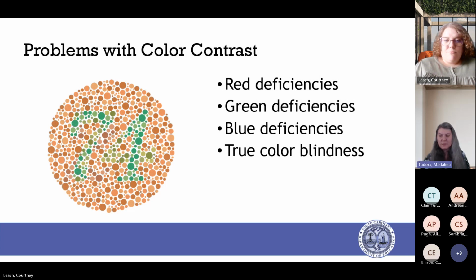So, let's talk about some of the issues with color contrast. We do have all sorts of barriers that we can consider in this area. We may have red, green, blue deficiencies, or different degrees of it, and then also the true color blindness at play. And the even bigger difficulty with this is that a lot of times, especially if you work with younger